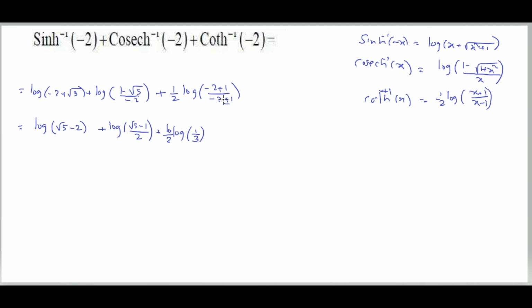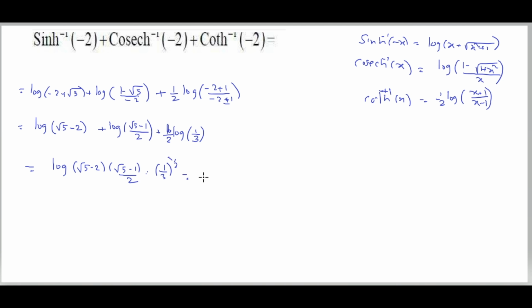So this is in the form of log m plus log n plus log p, that is log of m into n into p, that is log of root 5 minus 2 into root 5 minus 1 by 2 into, this is 1 by 2 into log 1 by 3, that is 1 by 3 whole to the power of